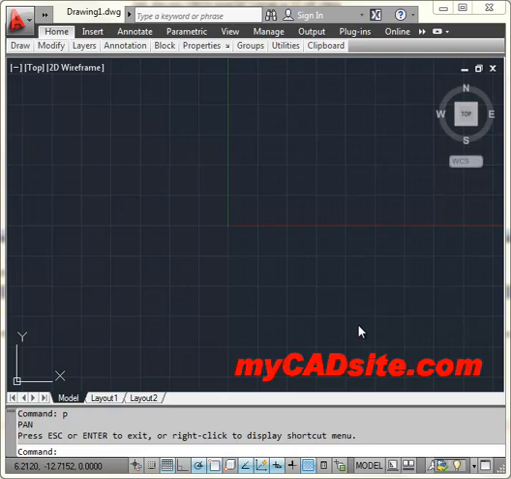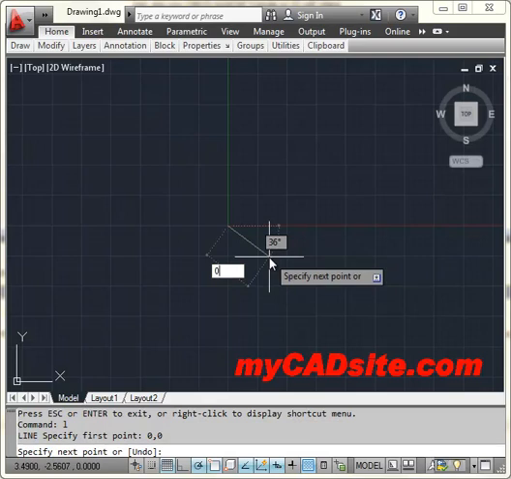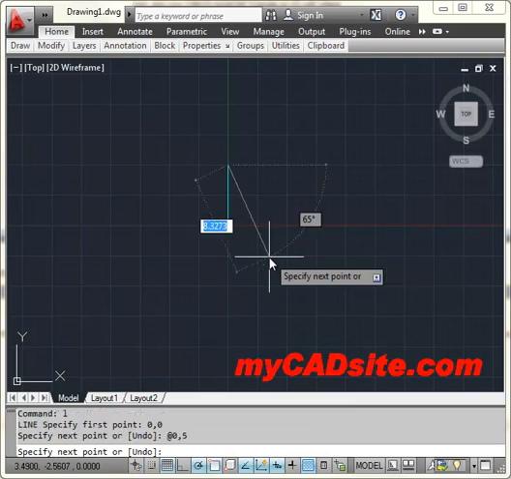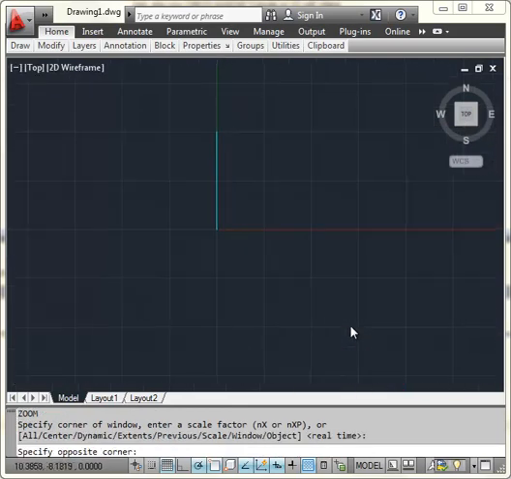This tutorial is going to have a look at the array command and specifically the polar option and the path option. I've already done the rectangular option in another tutorial. So I'm going to start with a line. I'm just going to draw it from 0,0 to 0,5. And you'll see that I've got a nice line going here. Just need to zoom in on it